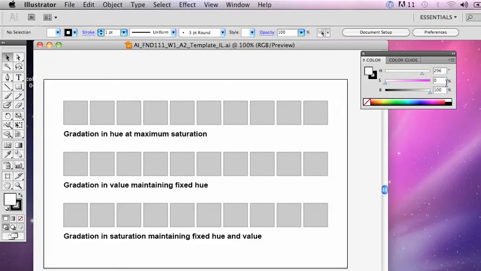So we know maximum saturation means S and B sliders are both at 100, and then a gradation is an even transition. So where you start isn't really that important, but what is important is that the increments between your colors are the same. So I'm going to start just randomly at 160, and then let's say 20. 20 usually works pretty good. So type in 180, enter,